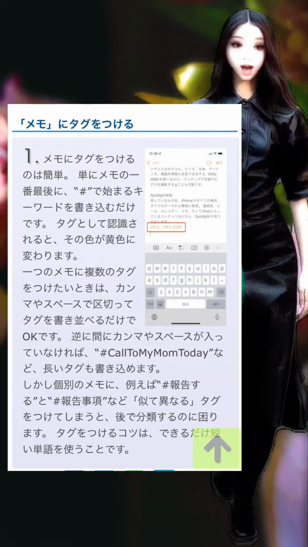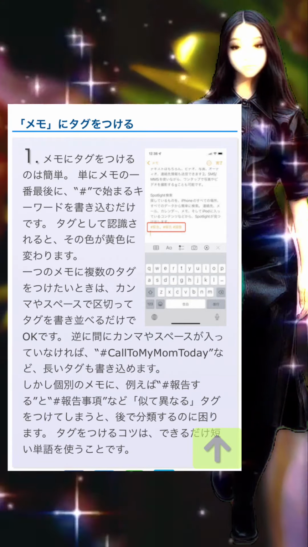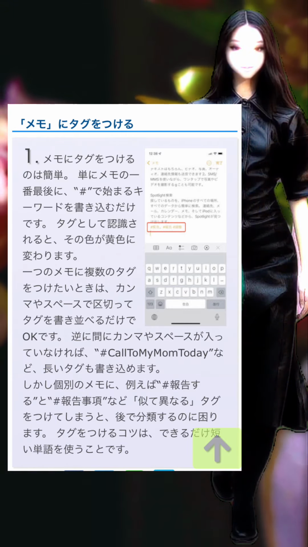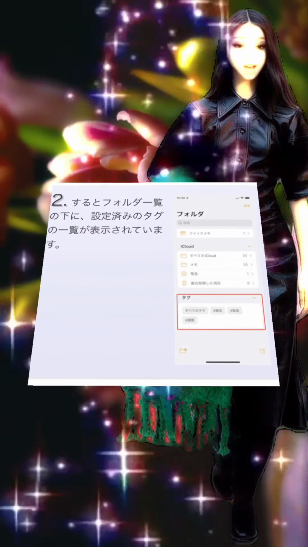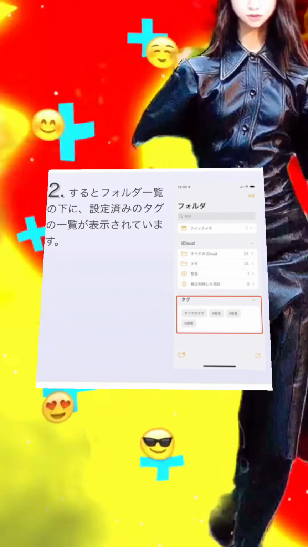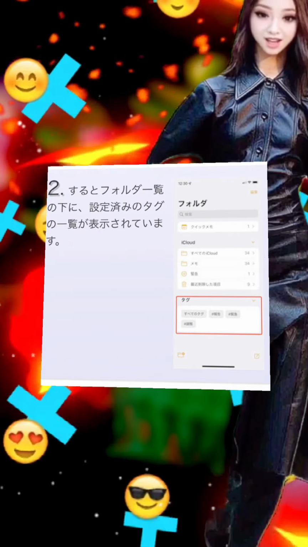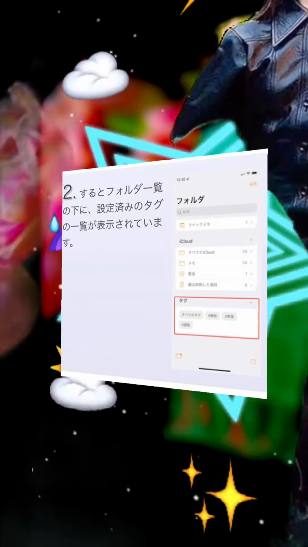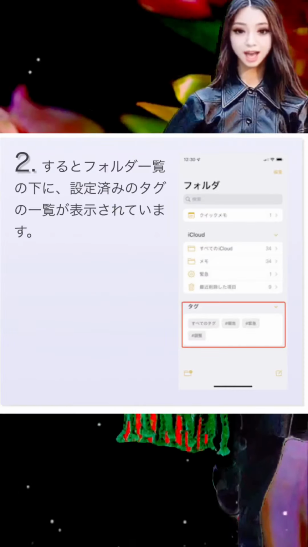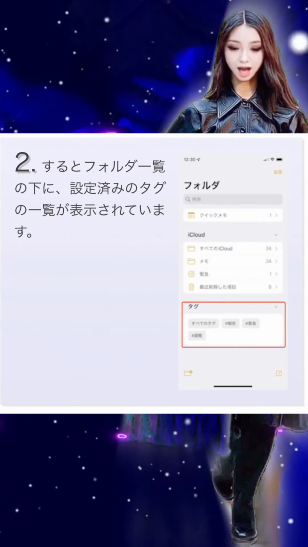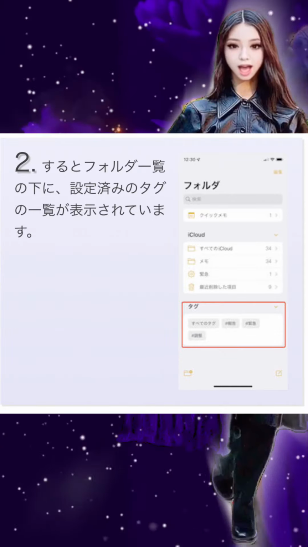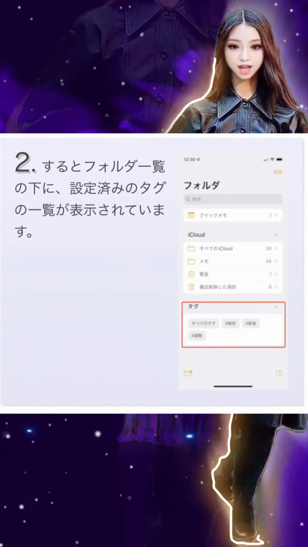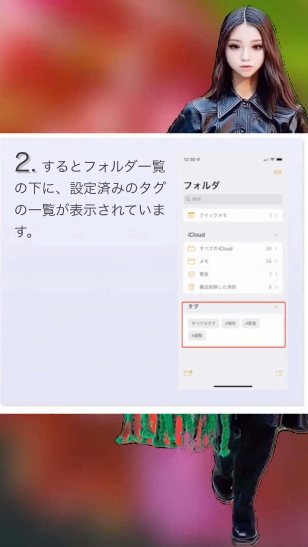Tagged notes are automatically categorized when you tap the less-than folder icon on the memo list screen to open the folder list screen. Below the folder list, a list of pre-configured tags is displayed. If you tap any one or more tags from this, the memos containing that tag are extracted and displayed in a list. You can also search by tag keyword. If you search by tag as above, you can now search extremely efficiently like SNS. It's fascinating because it incorporates such nifty improvements everywhere. That's all.